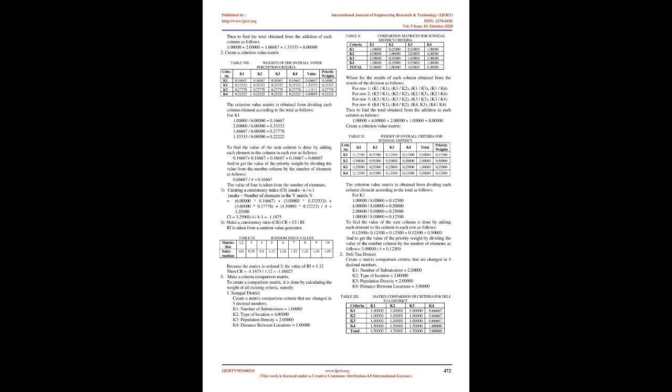Location services national projects: number of submissions, type of location, population density, the distance between the location. Very much, moderate, little. Market center, government institution, human settlements, education center. Very high, moderate. Very far, moderate, nearby. Single district, Deli Tua district, Limbong district. Criteria, sub criteria, alternative. 3. Results and discussion.